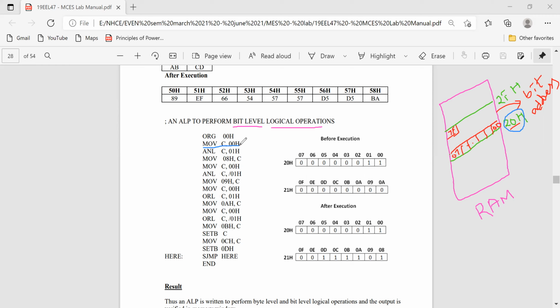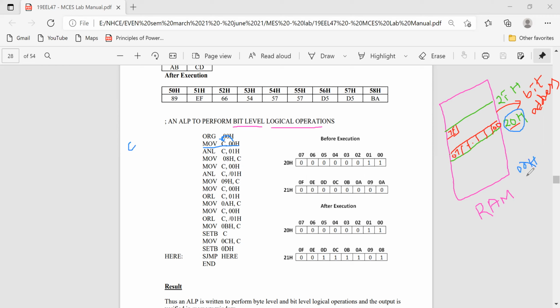How am I telling it is a bit operation? Because I'm using C. C is the carry, a single bit. The data in this location will be moved to carry. What is the data in this location? That you should point out. It is not 00H.